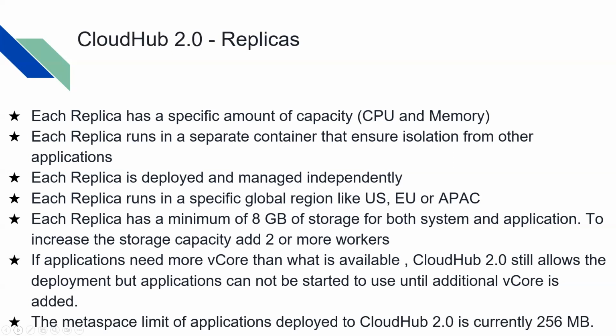And the metaspace limit for a deployed application is currently 256 MB. Metaspace is a native space in the JVM where the metadata of classes is maintained, and the more classes you load, the more metaspace tends to grow. So the maximum limit is 256 MB, and there is a threshold limit of 128 MB. Metaspace is specific to an application. So application A has its own metaspace, application B has its own metaspace,